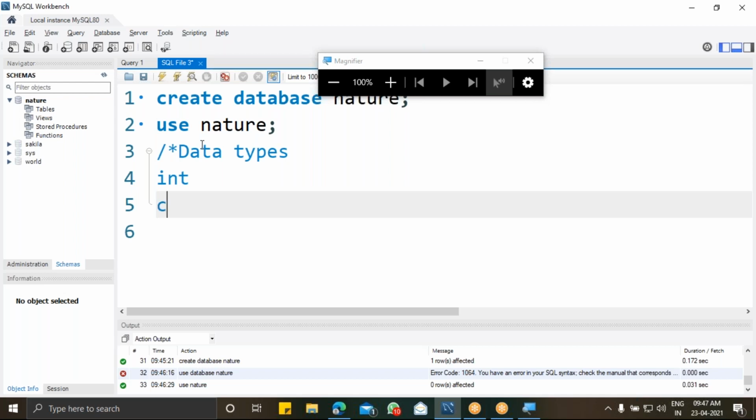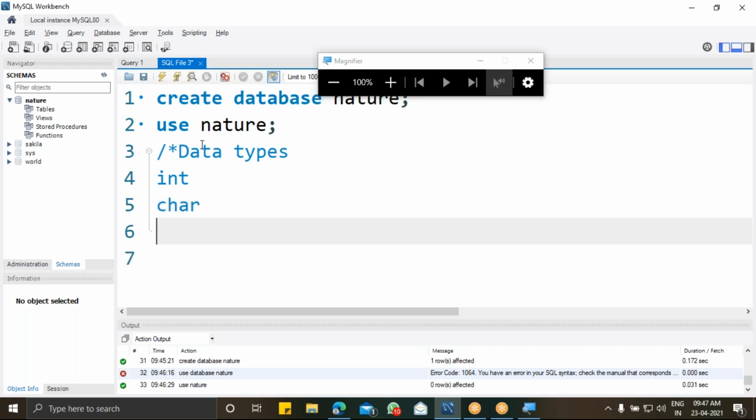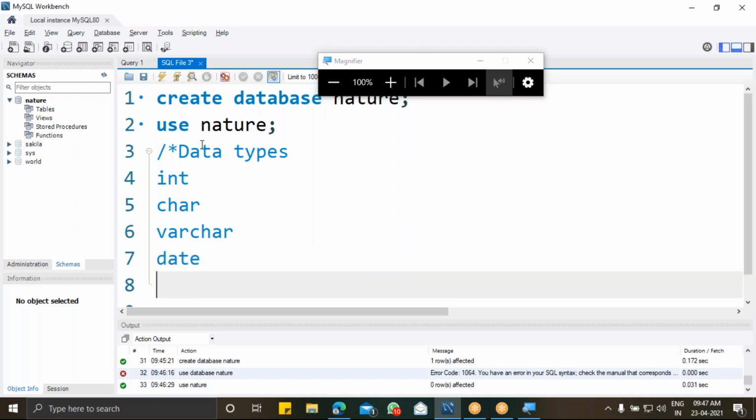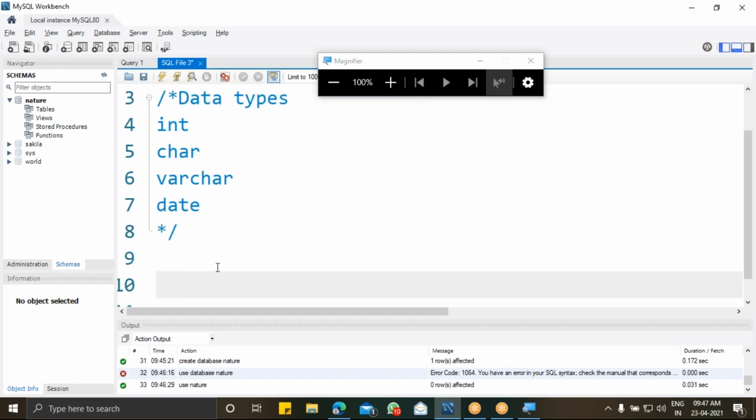After that we have char, which is similar to character or character array, and also varchar, which has a longer space, and again we have text. I hope text is not available in MySQL. Okay, so the default. Next is date. These are some example data types that are already there. With this, we are going to create a table. We are going to use create table, followed by the table name.